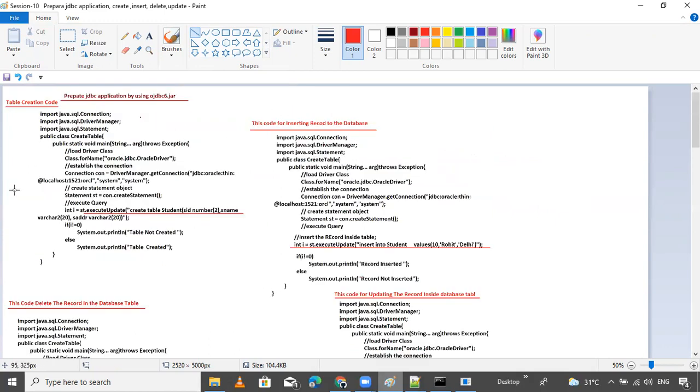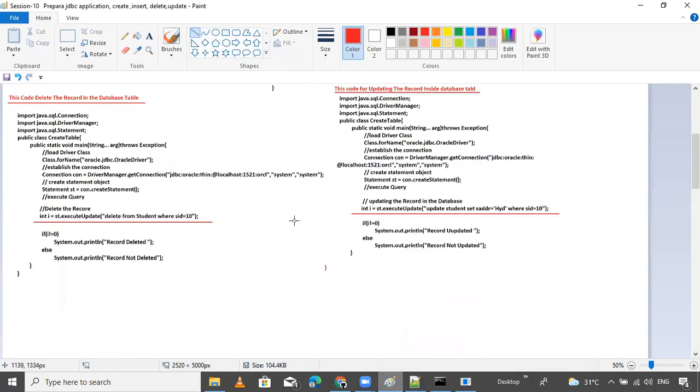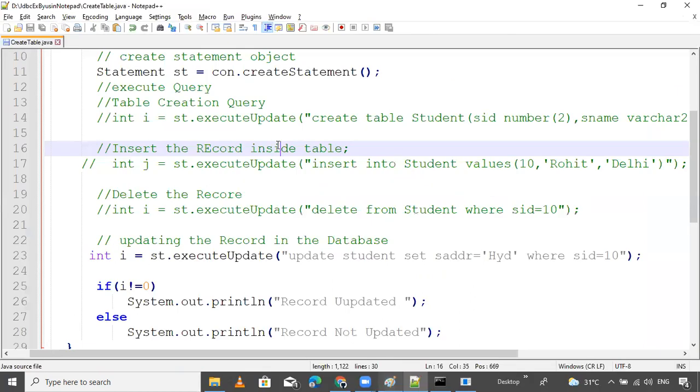These are the four codes, also called CRUD operations. In the next session we will learn how to insert the record dynamically and how to delete the record dynamically. All these things I will show you. Okay, up to this is enough.